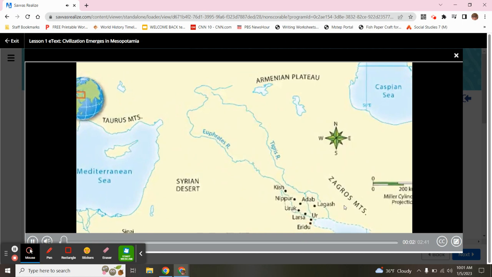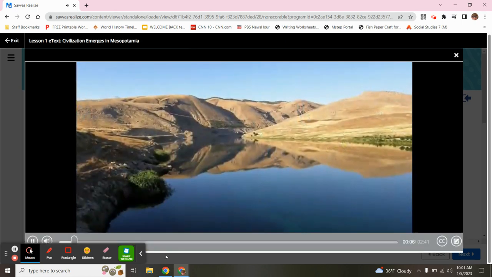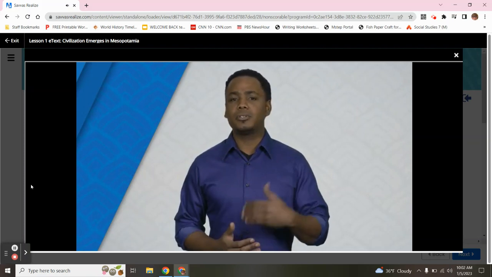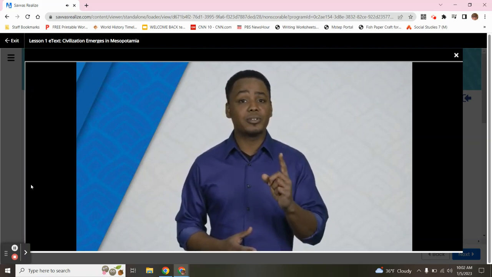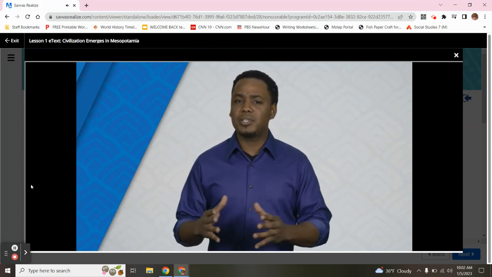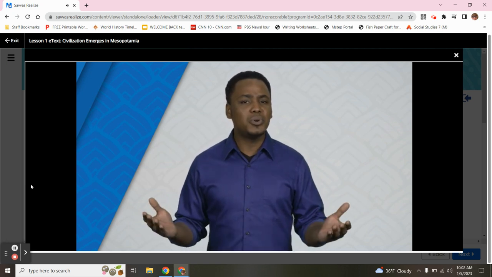Imagine that you're looking for a place for your people to live. You come to a valley between 2 rivers. The soil is rich, perfect for growing crops to feed your people. So you settle in the valley. But there's a problem. Summers are hot and dry, and your crops might wither and die. And the rivers flood in the spring, leaving behind moist, fertile soil, but sometimes causing floods and even washing away whole villages. What should you do?